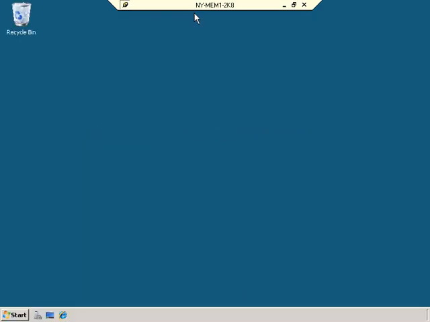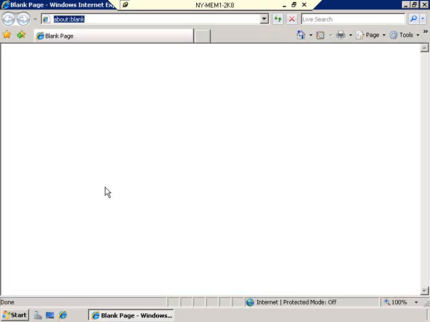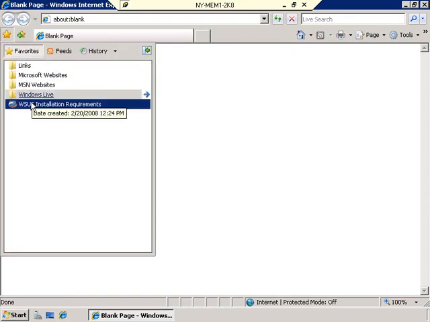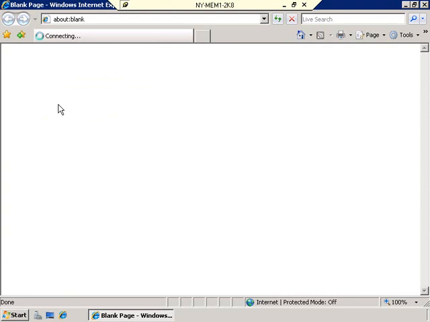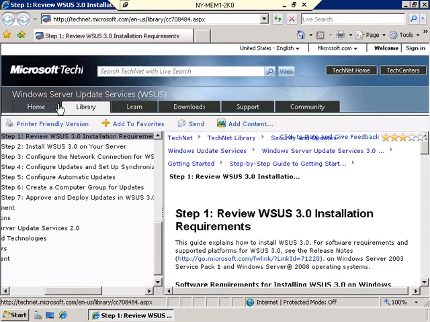Alright, now that we're connected to New York member 1, the first thing I want to go over with you are the installation requirements for WSUS. And the way I'd like to show these to you is by going to Internet Explorer. And then I have a favorite that's been saved here, let me show you, for the WSUS installation requirements. You may want to take a moment to pause the video and jot down the URL, which is listed right up here,